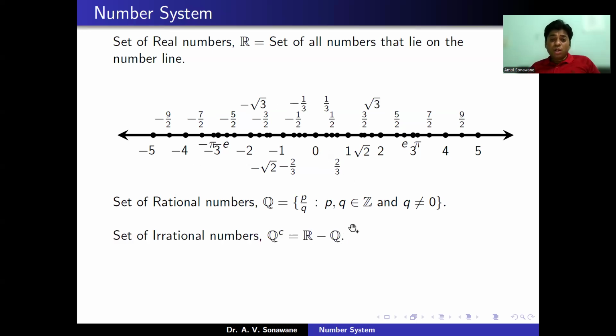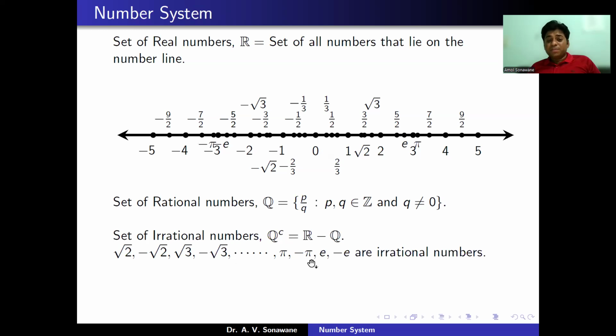Means if you remove all the numbers we can express in the form of p by q from set of real numbers, we get a set, that is set of irrational numbers. Means set of irrational numbers contains all the real numbers, means all the numbers on the number line which cannot be expressed in the form of p by q. Means root 2, minus root 2, root 3, minus root 3, pi, minus pi, e, minus e, all are irrational numbers because we cannot express these numbers in the form of p by q, where p and q are integers